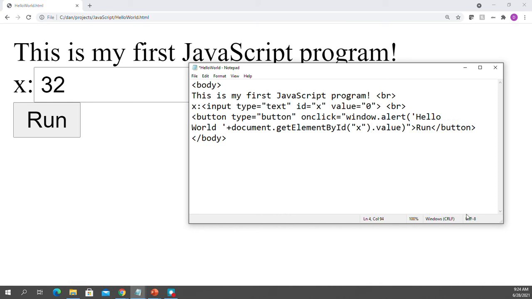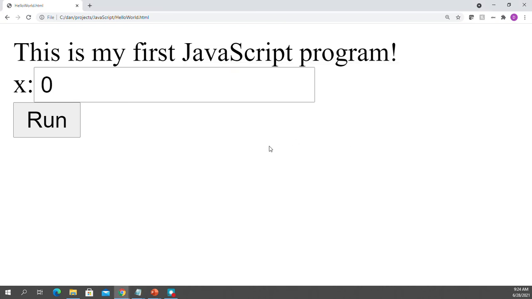Meaning I will retrieve whatever value is here and display it using window.alert. So getElementById x means I want to get this HTML element, this input text box, and the value is the value associated with it. So now let's save it and reload. If I put some value here, let's say 3, and run it,